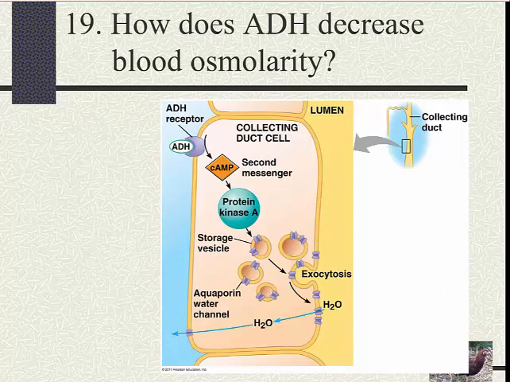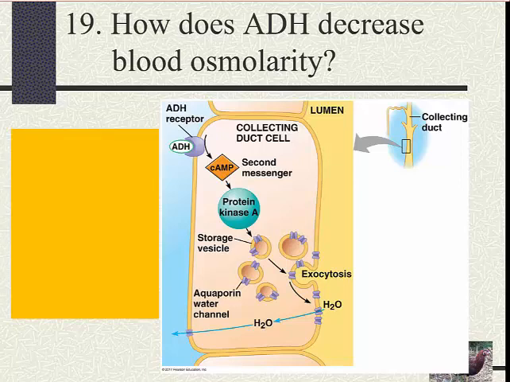The question is, how does ADH decrease the blood osmolarity? And in this figure from your book, you will see it explained. So the first step is that ADH travels to the distal tubules and binds to receptors on the collecting duct cells. Sorry, I said distal tubules, I meant collecting duct. So ADH binds to receptors on the collecting duct cells,